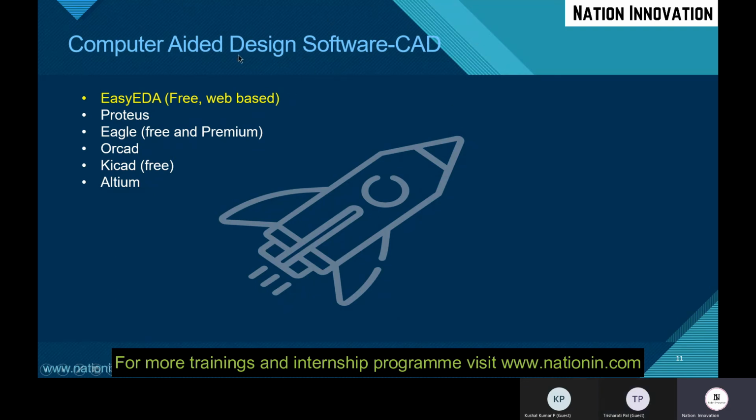So firstly, we will see what are the different EDA tools or CAD tools available on Google and all. We have EasyEDA, Proteus, Eagle, OrCAD, KiCad, and Altium. Both Eagle and KiCad are free.